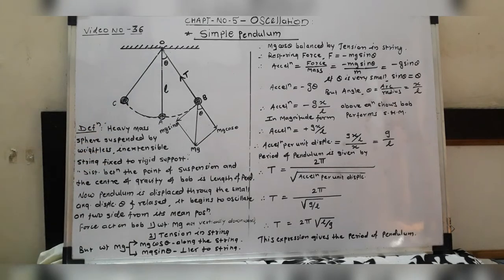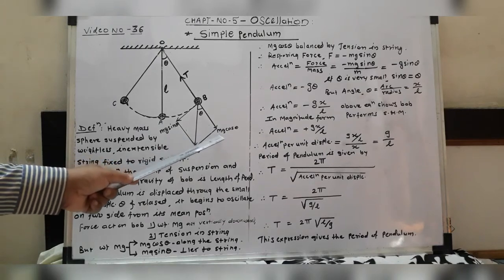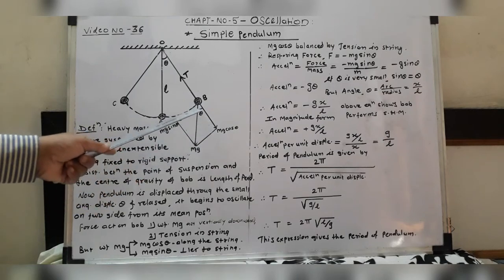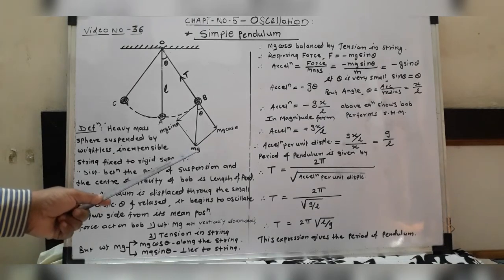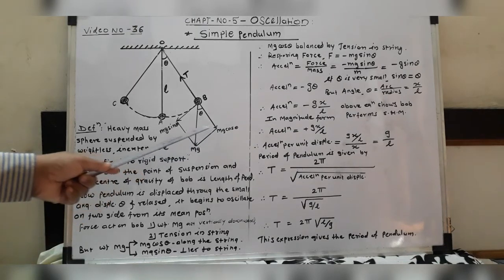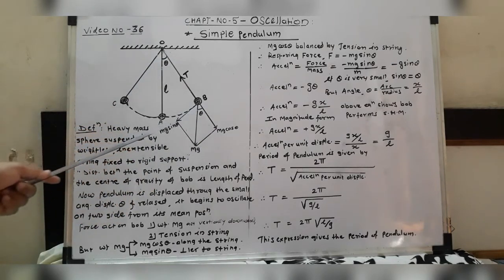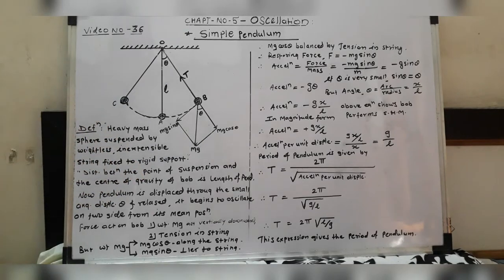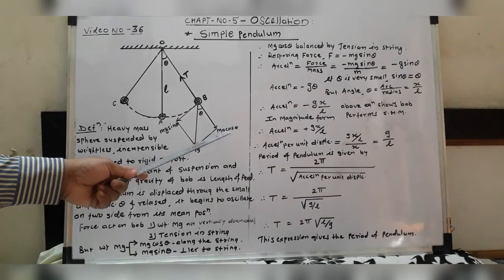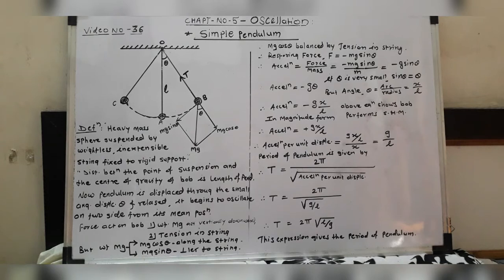Now this weight mg can be resolved into two components, that is mg cos theta along the string and mg sin theta, which is perpendicular to the string. Mg cos theta is along the string and mg sin theta is perpendicular to the string. Now this component mg cos theta is balanced by the tension in the string, and now the remaining unbalanced